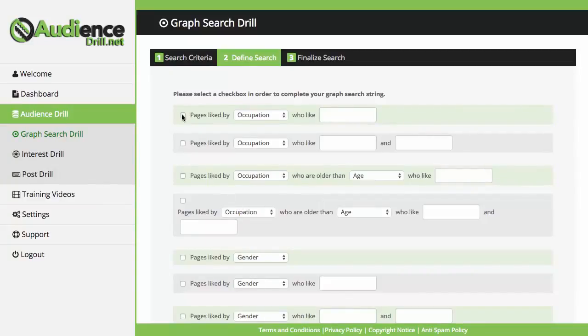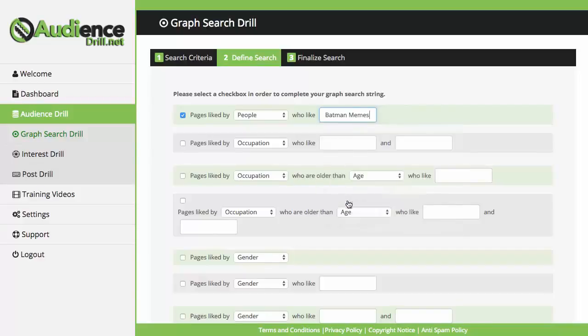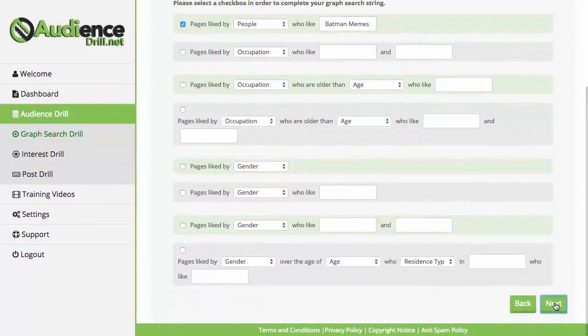So I'm going to just use the first one for the purpose of this video. Select people, and this is directly tied in with the Facebook API. So when they start typing in their keyword, it's going to pull Facebook pages directly from Facebook. So I can go ahead and, let's say, Batman memes. Okay, click on next,